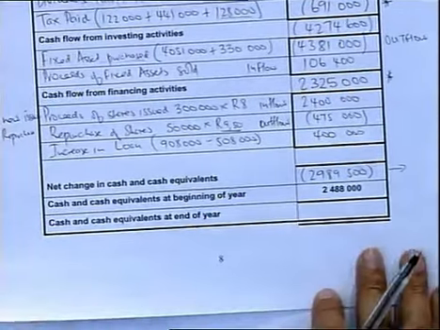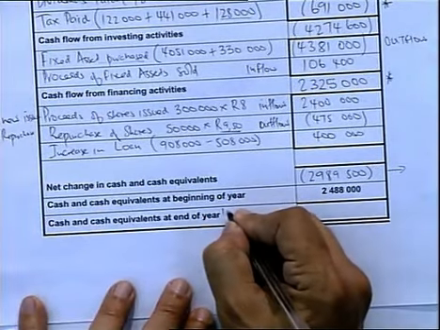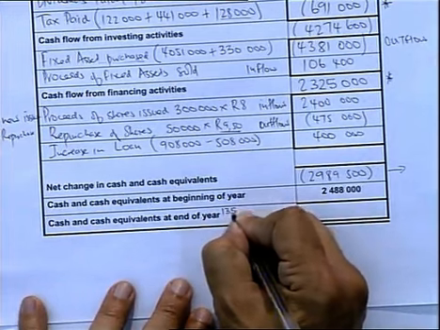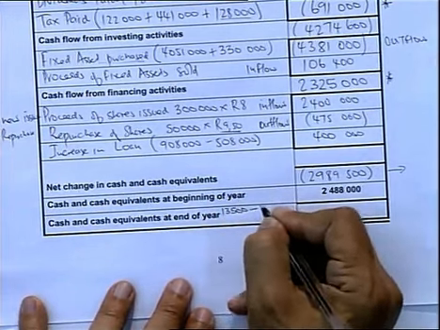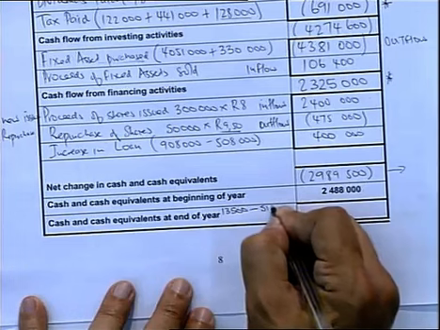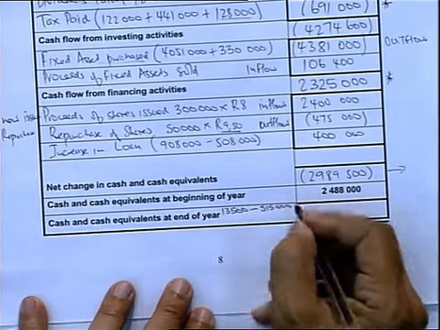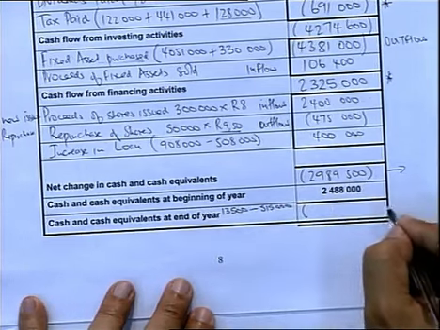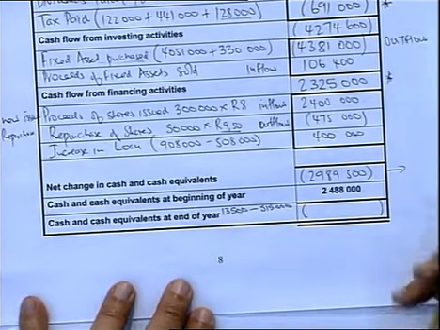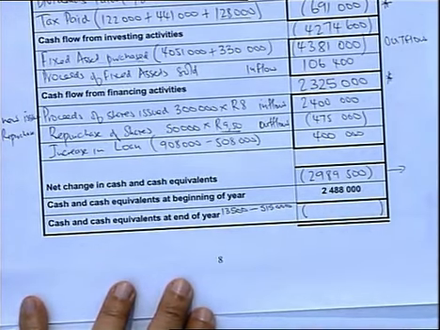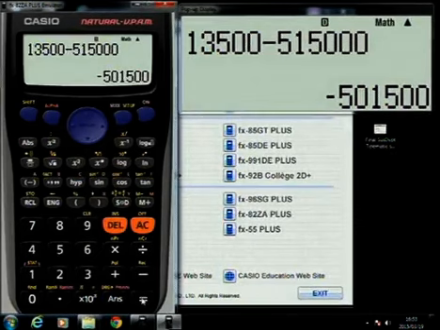So when we do that, we can say 13,500 is the positive, and the negative is 515,000. So your final answer here will also be a negative, which is 13,500 minus 515,000. It should be